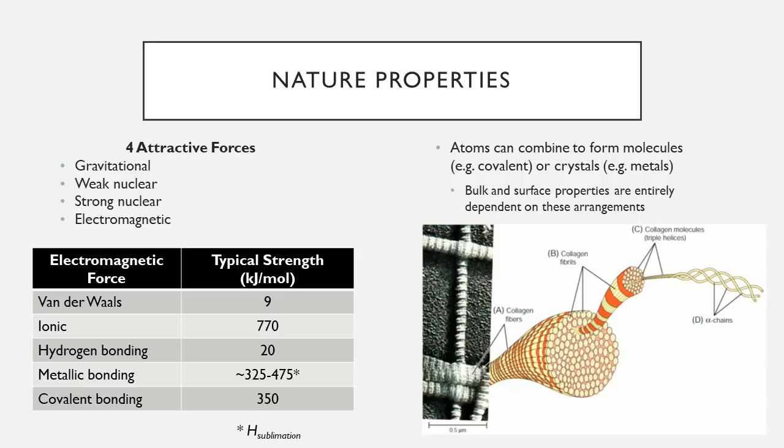And we can closely approximate the typical binding strength of metallic bonds through the heat of sublimation, so the heat that's required to sublimate a metal. We then understand that we can use these electromagnetic forces to form molecules from combinations of atoms, and that the bulk properties of these materials that make up these molecules is dependent on the arrangement of these individual atoms and molecules. So, for instance, I think it's intuitive to understand that a typical helical shape of just a single collagen